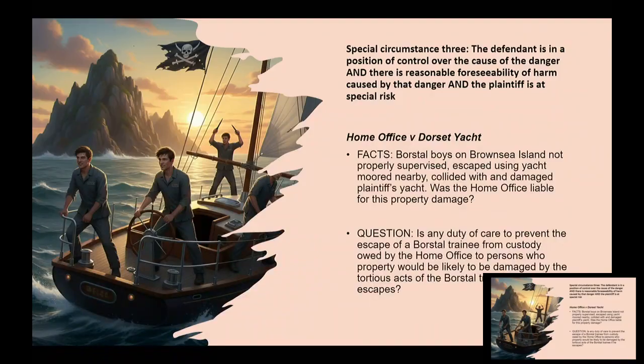Okay, so why does control make a difference here? What is it about control that lets the court say, this is something that we think should justify the duty of care, that shifts the dial from no duty to duty in relation to omissions? Now, there's actually not a straightforward answer to this. There are entire chapters written in books by extremely clever people that grapple with this very question. But one reason, and the reason that we will limit ourselves to, is that with acceptance of control comes responsibility. If you have control over a risk, you have a reliable ability to prevent it or to influence it in some way.